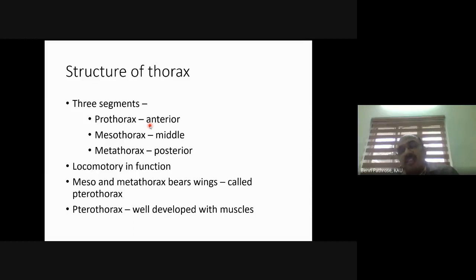Another typical feature of the pterothorax is wings. Flight requires high energy. We were discussing locusts in most of the classes these last few days, and we discussed that locusts can fly over long distances, up to 150 kilometers per day. If one has to fly over 150 kilometers per day, that insect should have well developed muscles. And all these muscles are located in the pterothorax, that means the thoracic segments which carry the wings. So they have well developed muscles.